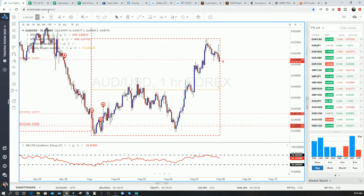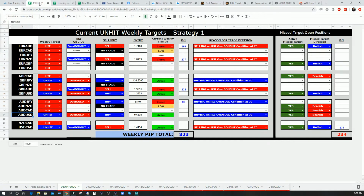And this one paid out as well. So when we spoke about this this week, we said that this week is going to be a low probability week. Let me rephrase that statement. We said it's going to be a